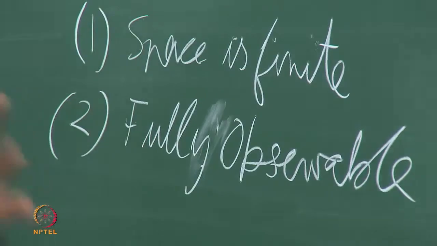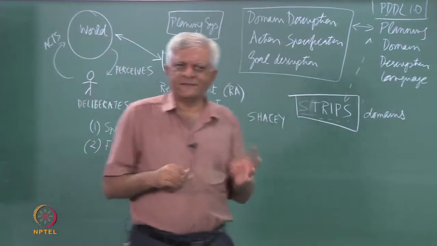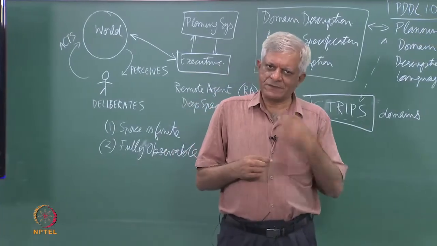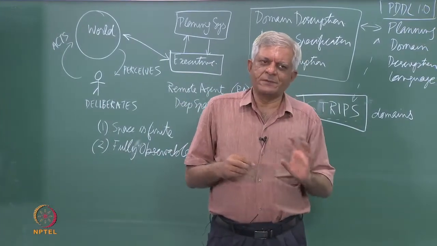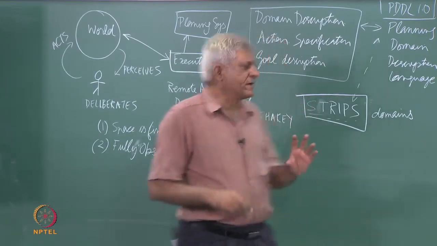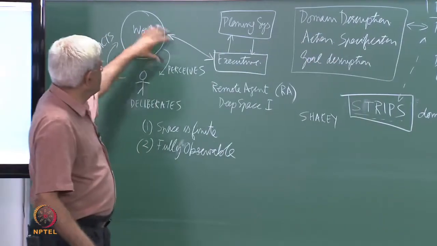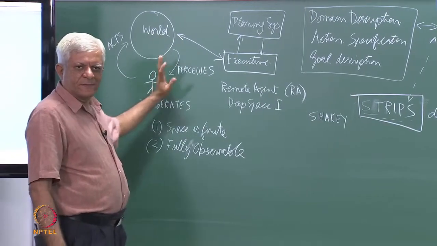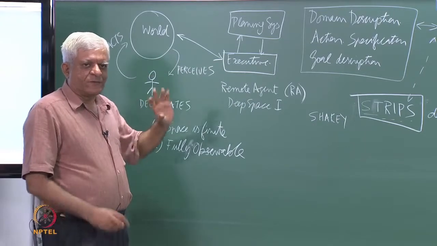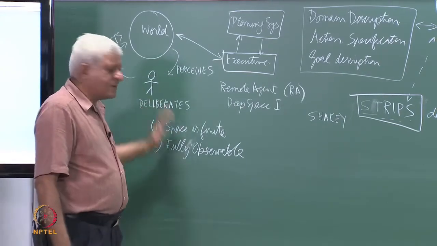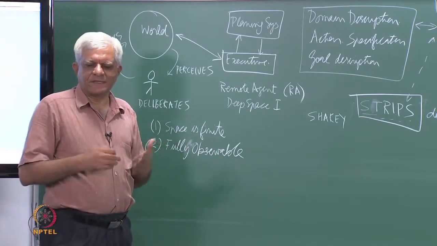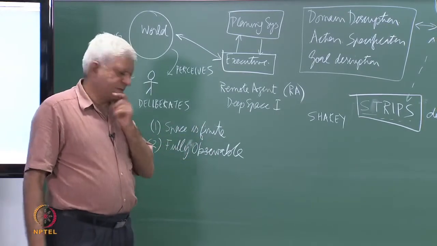Which means, just as we discussed when we were talking about games, we said we have complete information games and incomplete information games. A fully observable planning system is one where the agent can sense the entire world, which means this perception part of the agent is perfect. The agent can see the entire world and there is no missing information essentially. Each of these assumptions that we are talking about, we can relax and we can get richer planning problems or planning domains essentially.